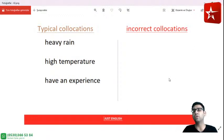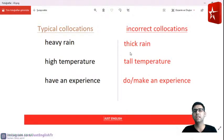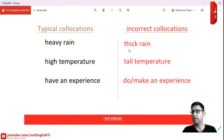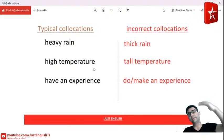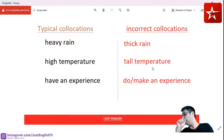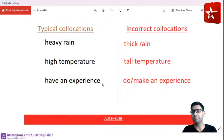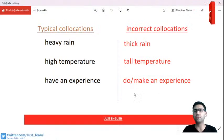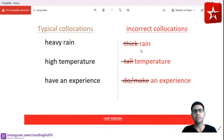Okay. Now these ones are incorrect usages. Okay. Let's see. Thick rain. Thick. Heavy. Okay. So high temperature. High temperature. Tall temperature. Have an experience. Do an experience or make an experience are both incorrect. We cannot, no sir, we cannot use them. Thick rain, tall temperature, do an experience, make an experience,